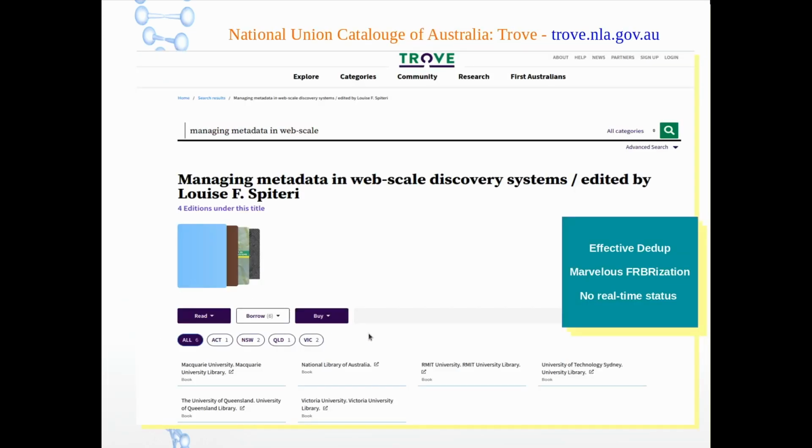Now if we make an inquiry about another greatest digital library of our time, Trove from Australia. Here you can see if I search by a particular book, it can go for effective deduplication. This particular work is available under 6 libraries, and excellent or marvelous FRBRization, all 4 editions are grouped together, but no real-time item level status. If I want to know the status, I need to go to the respective OPAC like National Library